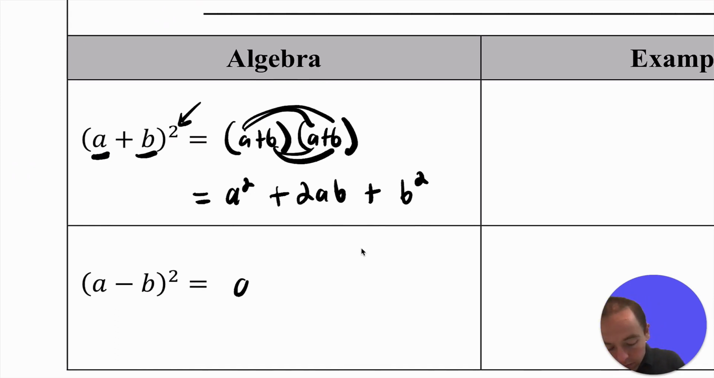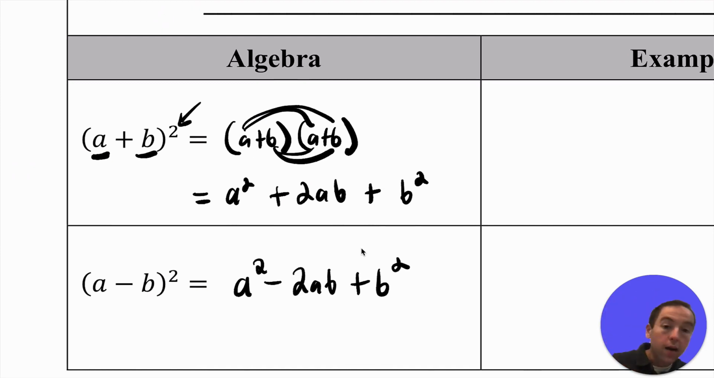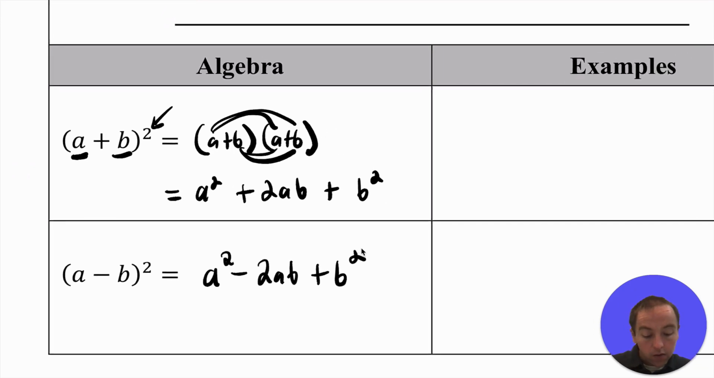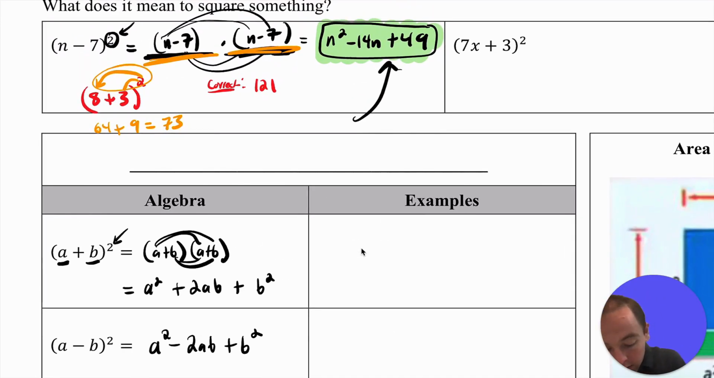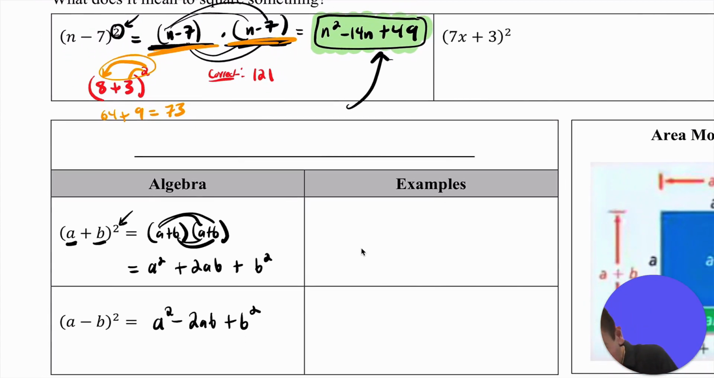If you FOIL out this other one right here, basically the only difference you're going to get is that just the middle term is subtracted. Otherwise, everything else will be positive when you FOIL things out. So just exemplifying how that ultimately works out, when you think about this n minus 7